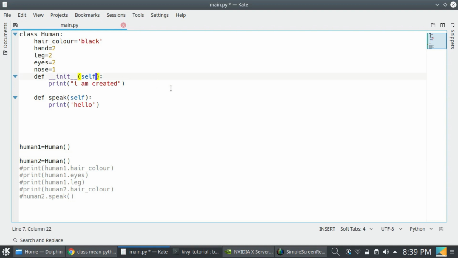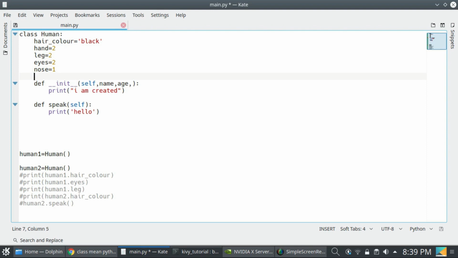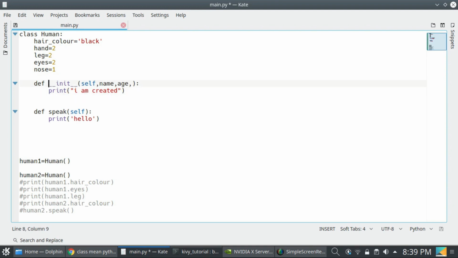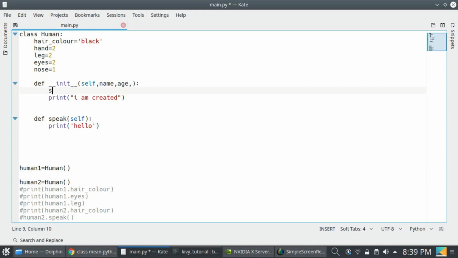So you can pass any variable, like name, age. Okay, so I can write self.name equal to name.